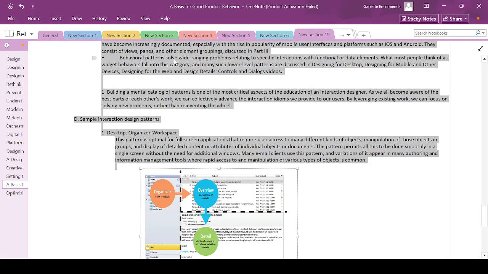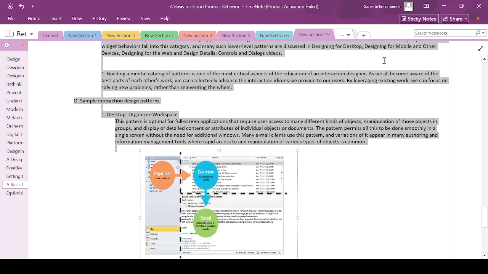Behavioral patterns solve wide-ranging problems relating to specific interactions with functional or data elements. So this is more of a control part of the interface. What most people think of as widget behaviors fall into this category, and many such low-level patterns are discussed in designing for desktop, designing for mobile and other devices, designing for the web, and design details, controls, and